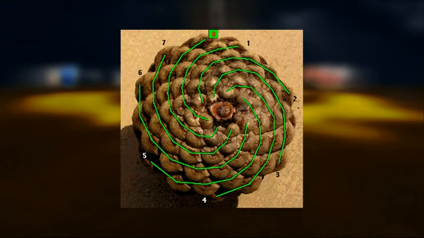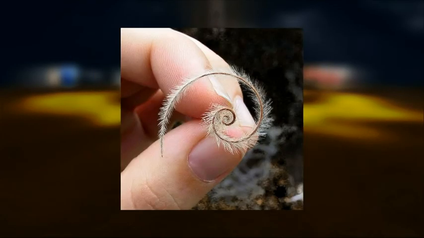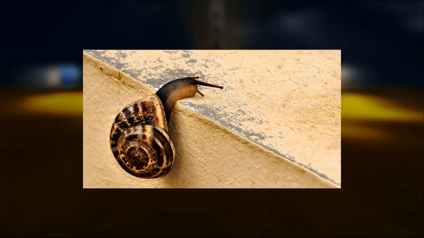There's a sunflower, got lots and lots of divine spirals in it. There's a seed full of divine spirals. Now, what about creatures, living creatures? Well, there's an ant. It's actually full of divine ratios. Here's a snail. You may not think snails are very beautiful, but I'll tell you what God does. He carries on his back a little house which is made with a divine ratio in it.